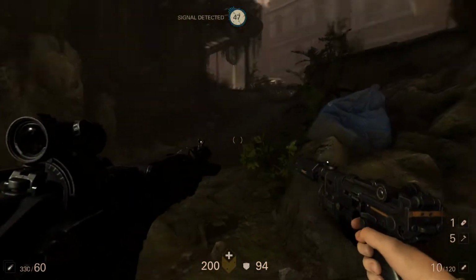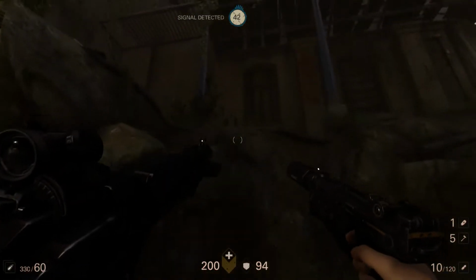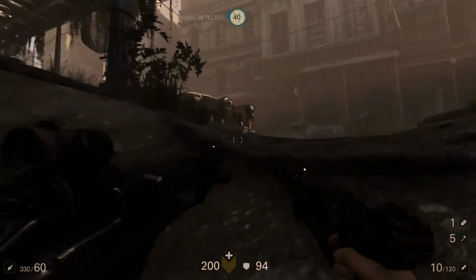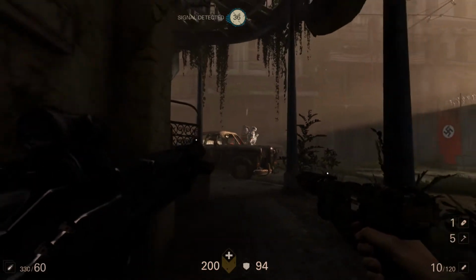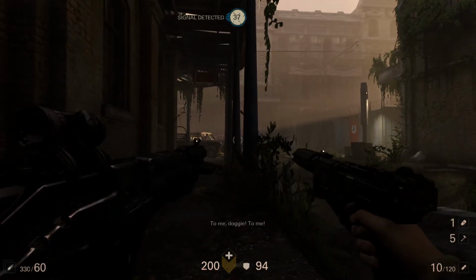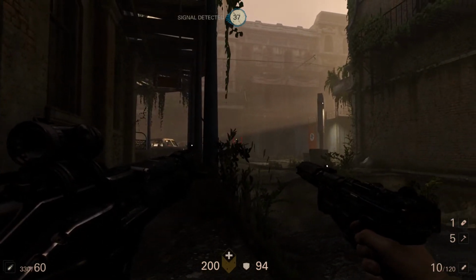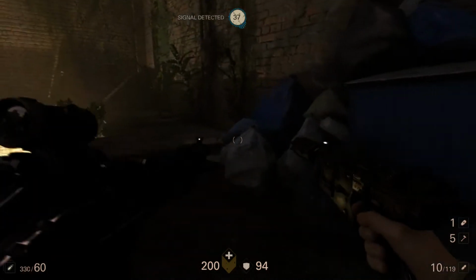Alright, for right now, we'll do this. And remember, left click is the quiet gun, right click is the other gun. You know, I didn't really give a lot of thought to the fact that you can put a suppressor on... Oh, jeez. Uh-oh. I think he saw me. Maybe? Maybe not. I didn't really think about the fact that you can put a suppressor on the submachine gun, but...